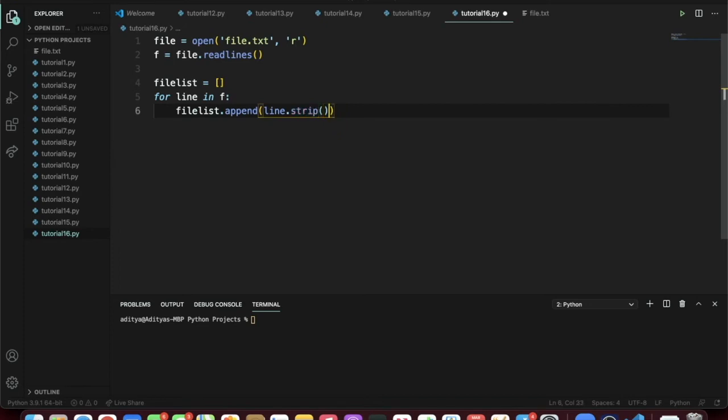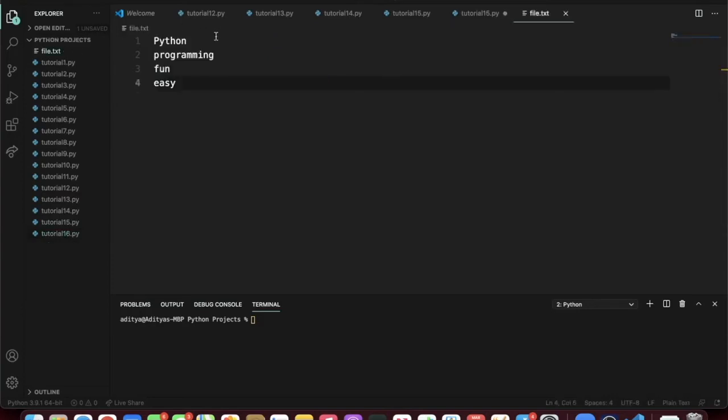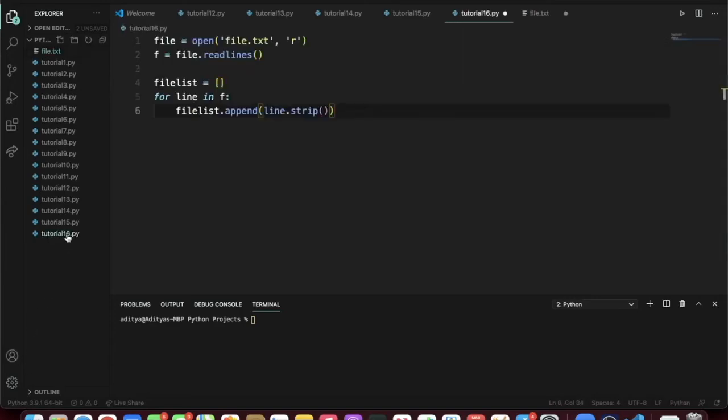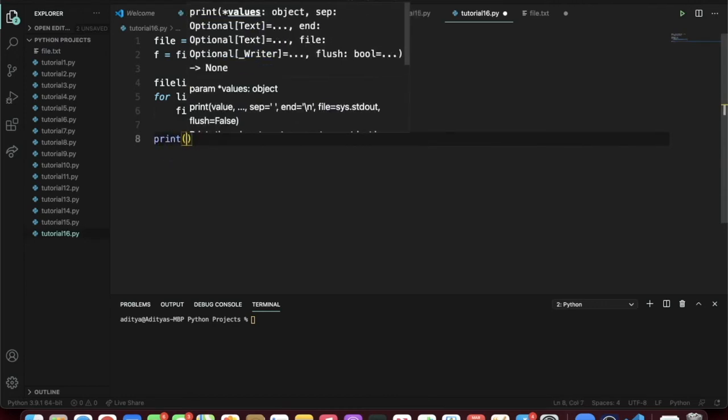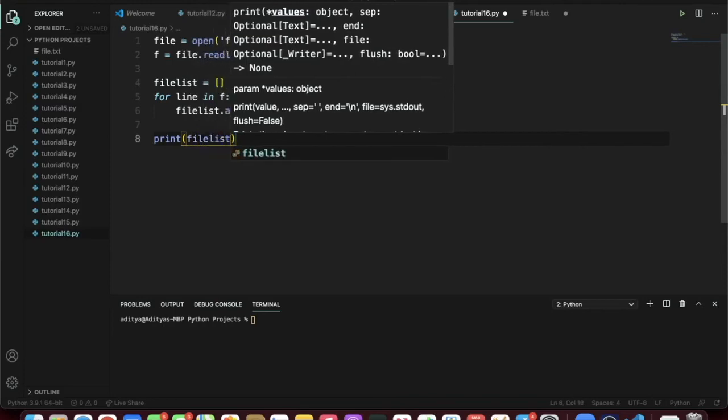So we gotta strip because normally there'll be a \n, because in our text file here, when we hit enter, that's a new line. So we represent that as a \n. So now we need to print out our new list. So if we print, and then we can say not new list, but actually file list here,